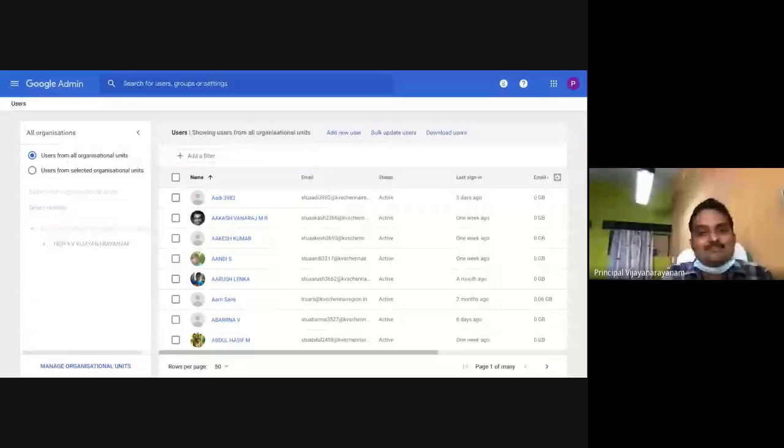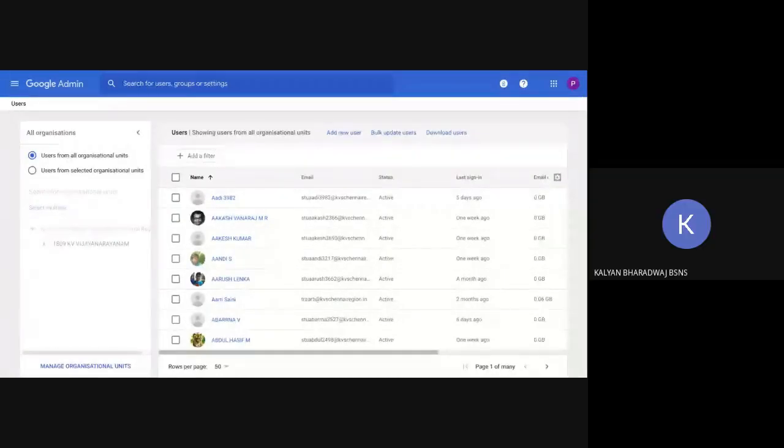Please follow this method. Especially my request to the technical teams there, please follow these steps. It will be easy to do, because we have major work in the Google Classrooms. No need to waste much time here. If these things are okay, we can move on with the next part. May I have a little feedback, sir? Yes, sir.